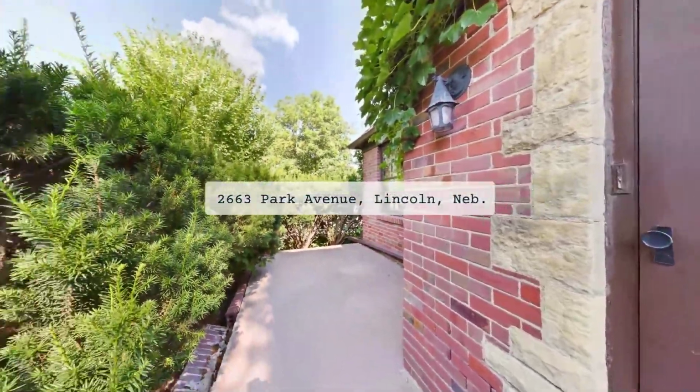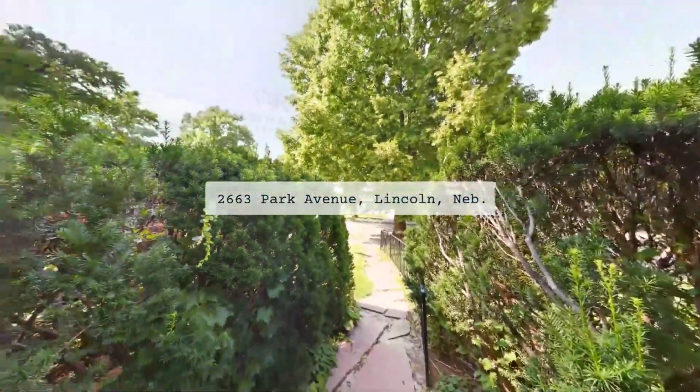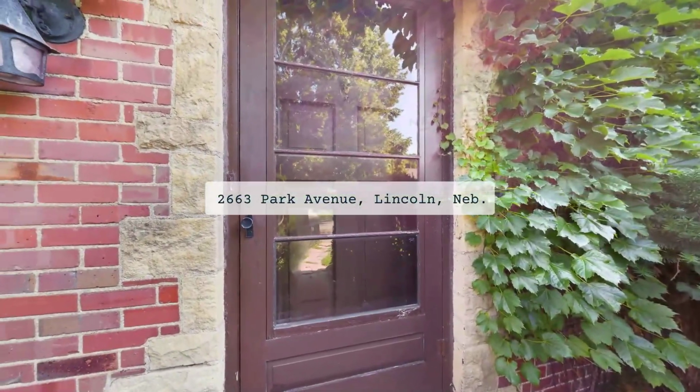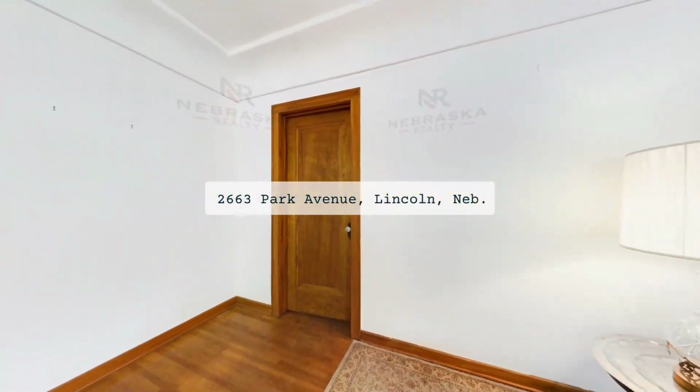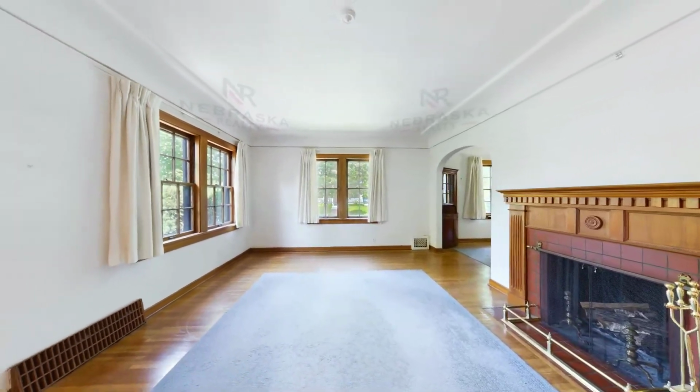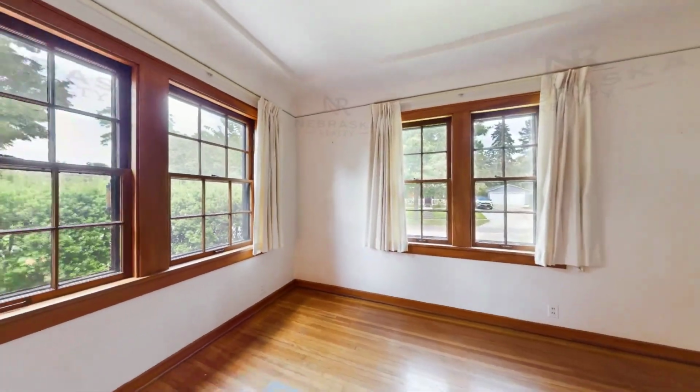Here's your chance to own a charming cottage in the country club neighbourhood. This all-brick 3-bedroom home oozes charm and has been in the same family for over 60 years. Walk into a quaint entry with slate floors, leading to a formal living room with a fireplace and natural woodwork